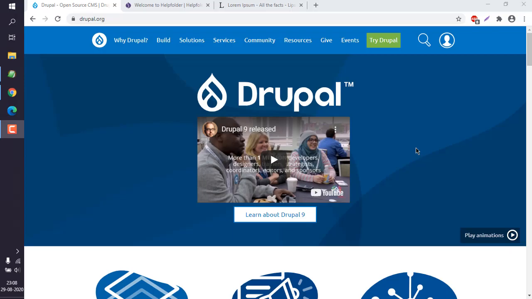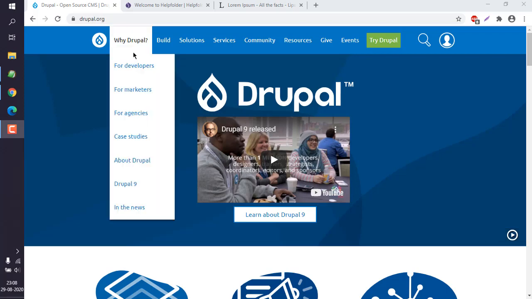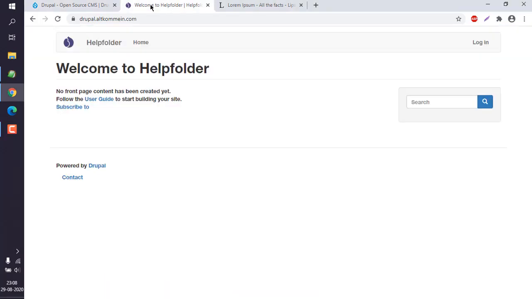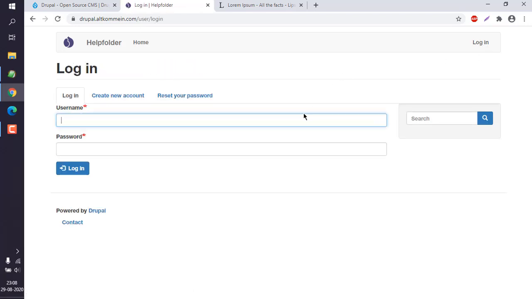Okay, so let's take a look at how you can add article content in Drupal. I have Drupal installed on one of my domains, and I used cPanel software installation for installing Drupal. So what I'm going to do is log into my Drupal backend, and